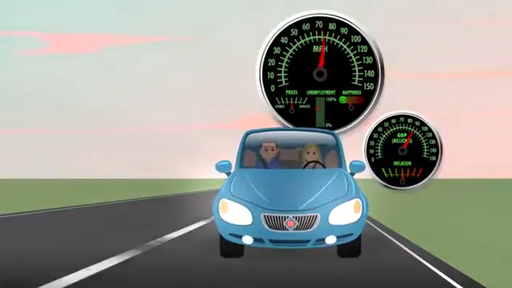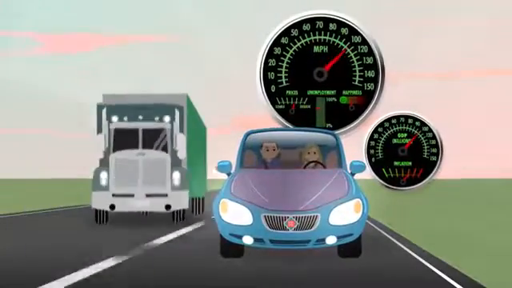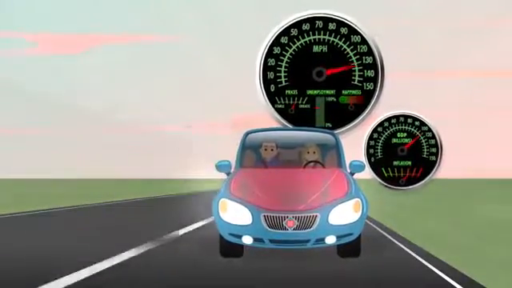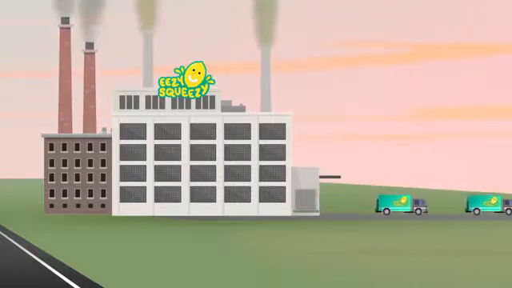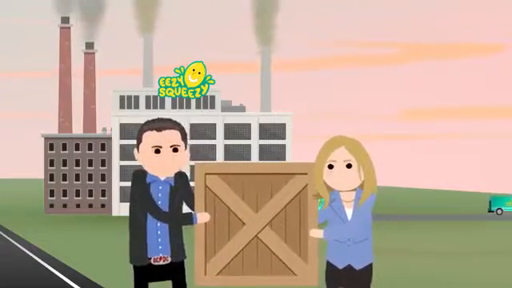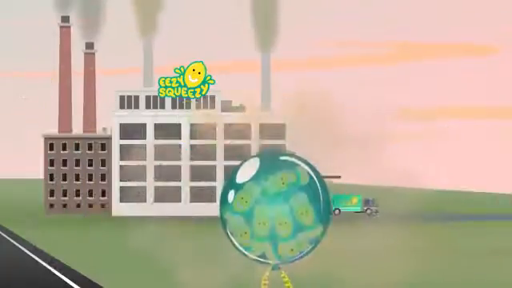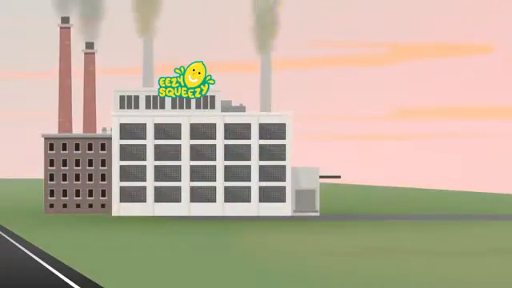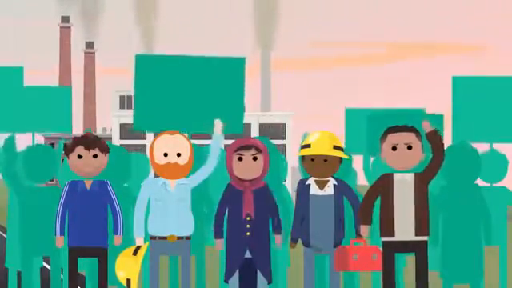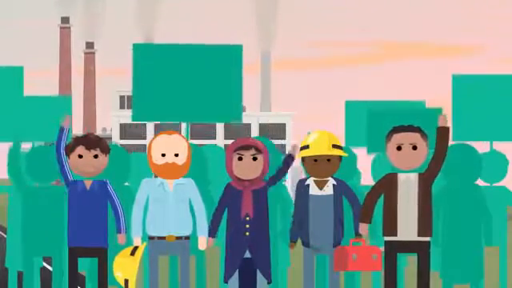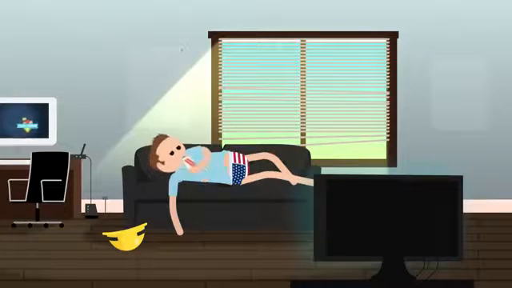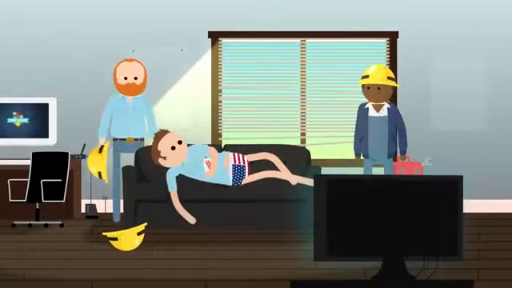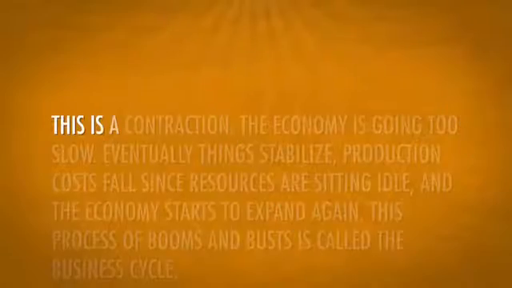But if we drive that car too fast for too long, it'll overheat. In an economy, significant spending increases GDP, causing an expansion. Unemployment falls and factories start producing at full capacity to keep up with demand. Since the amount of products that can be produced is limited, people start to outbid each other, resulting in inflation. Eventually, production costs increase as workers demand higher wages and the economy starts to slow down. Businesses lay off a few workers. Those unemployed workers spend less, causing the businesses that produce the goods that they would otherwise be buying to lay off more workers. This is a contraction.